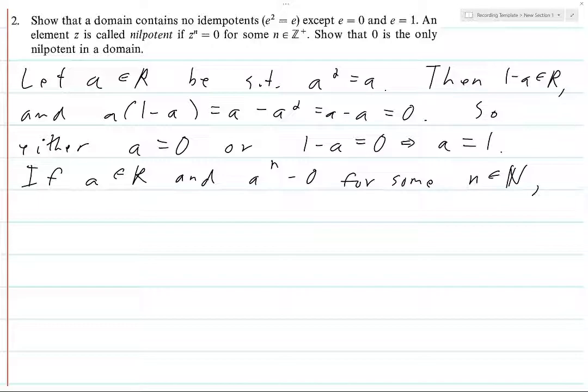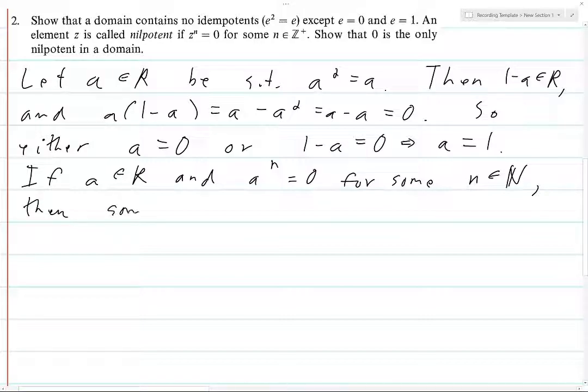Well, anything to the 0 is 1, and so this would have to be 1 equals 0. Anyways, you don't have to worry about 0, because it cannot be the case that A to the 0 equals 0 in a domain, because that would imply 1 equals 0, which is impossible in a domain. Anyways,